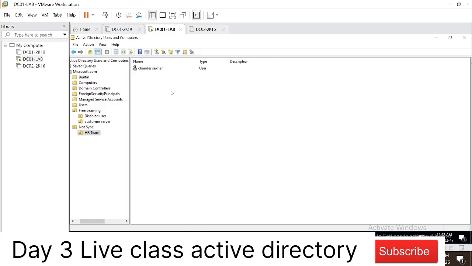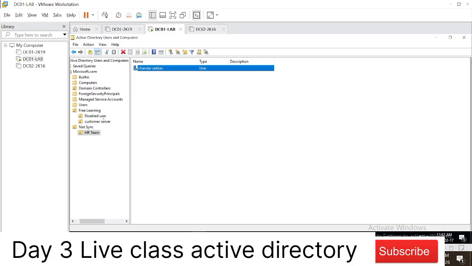Anyone else? Okay, the members of a mail enabled security group can only send an email to the members who are part of these groups. Mail enabled security group versus security group, which is a group where other people can also send email to them.